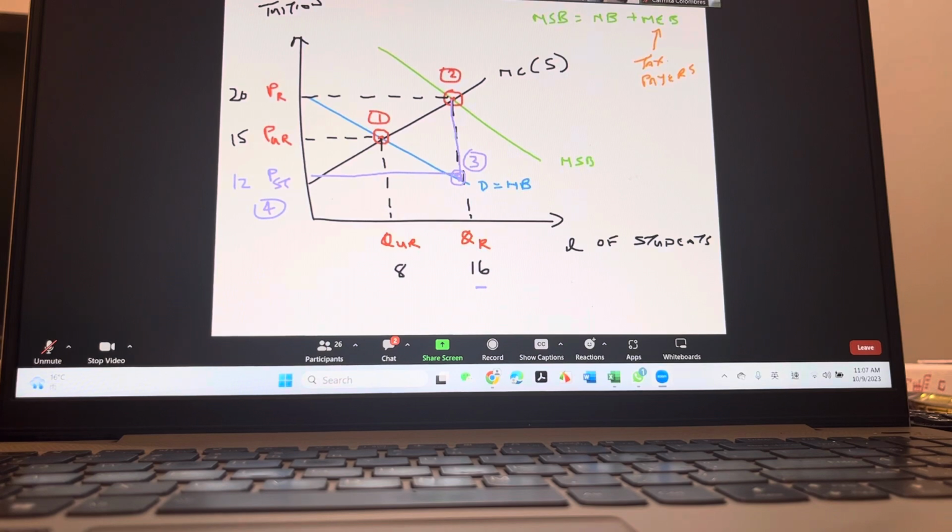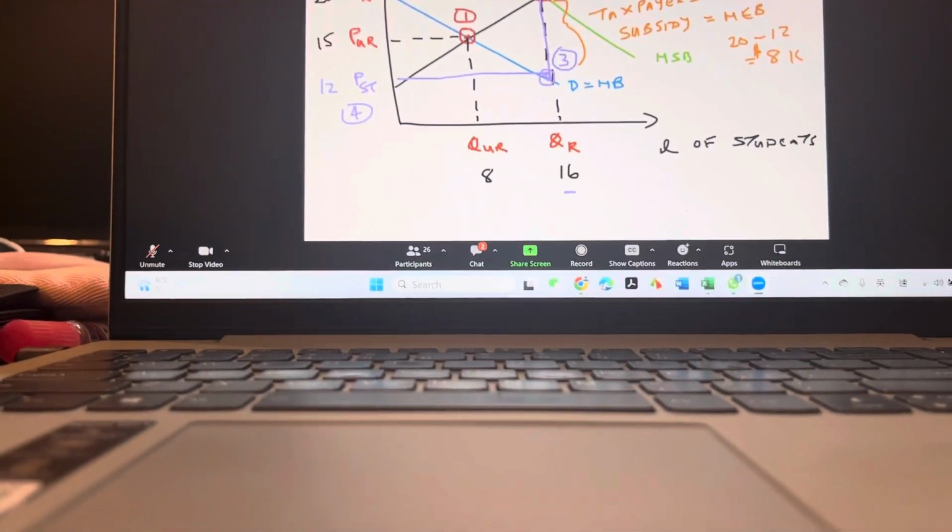They are, that's right, because it's costing 20, and the 12. Students, private students, are willing to pay 12. So how much are taxpayers paying? Okay, and that is taxpayers' subsidy, which is equal to your MEB, which is equal to 20 minus 12, which is going to be equal to $8,000. Does this make sense? Okay, if I were you, I would